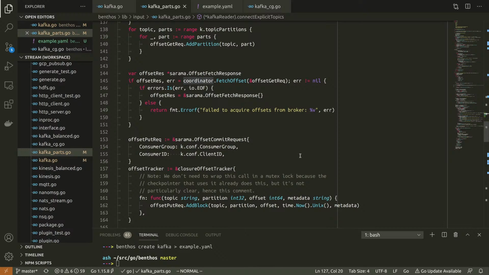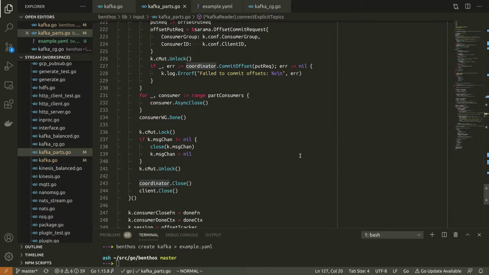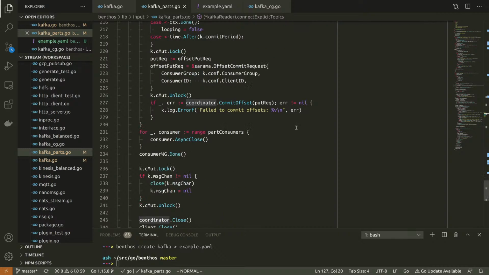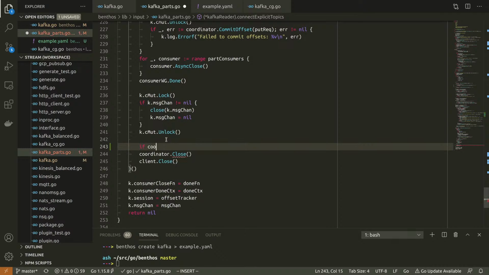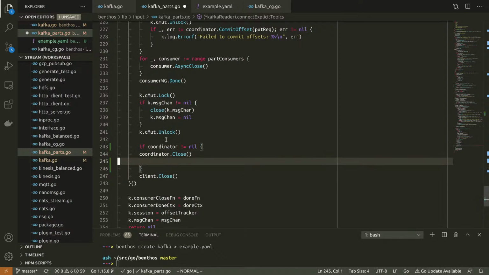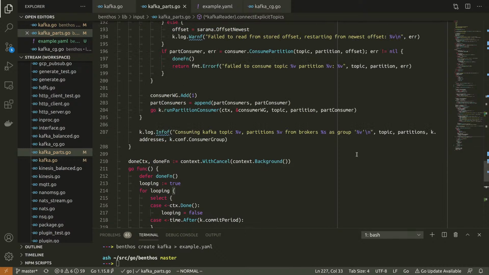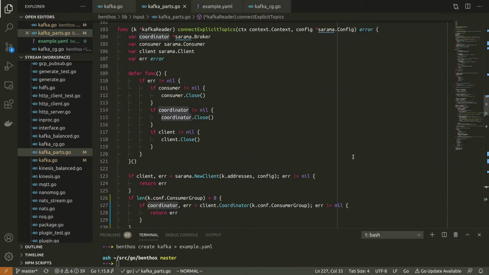And the coordinator gets referenced a couple of places. Let's put the nil checks in the obvious places first. So it looks like we've got two places where it gets used.